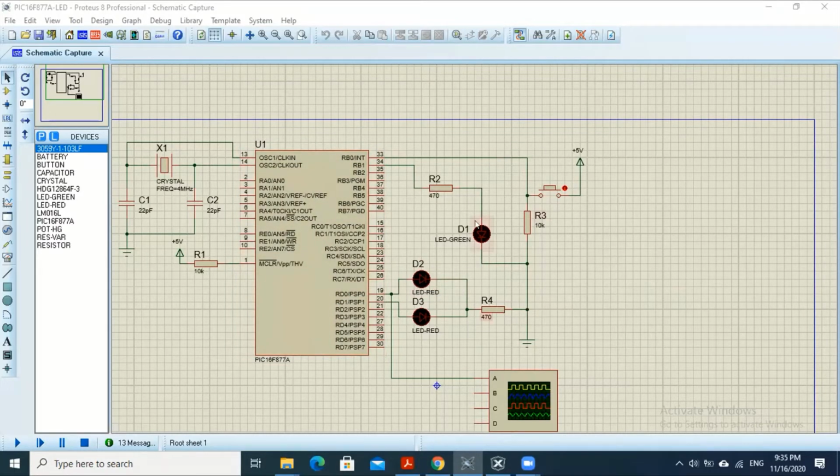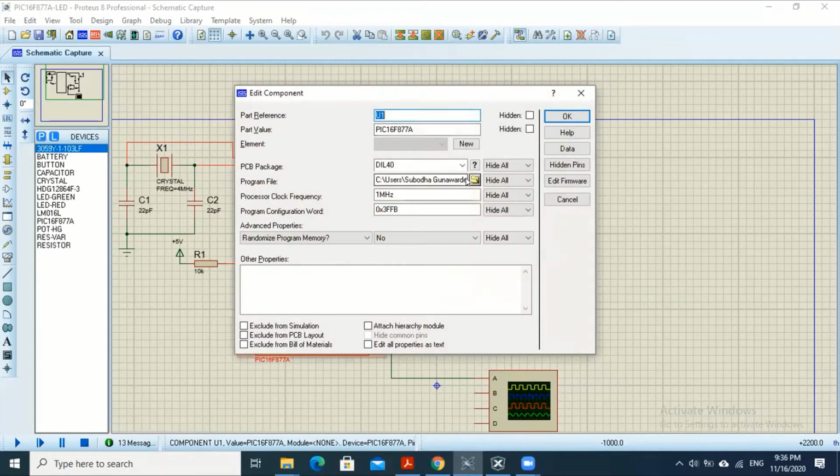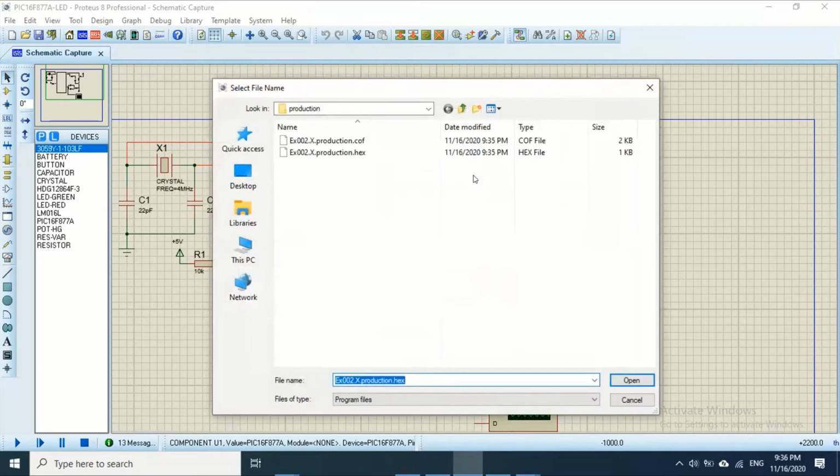I'm not going to use the rest of the LEDs or the push button. So I will set the executable for this one.